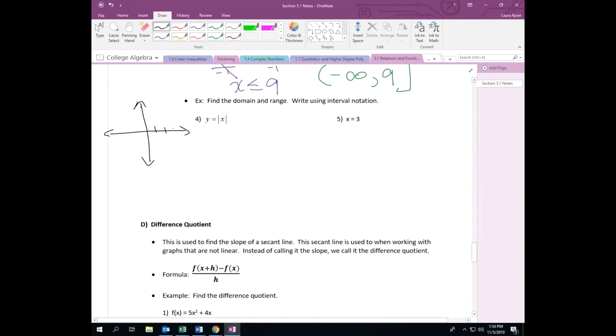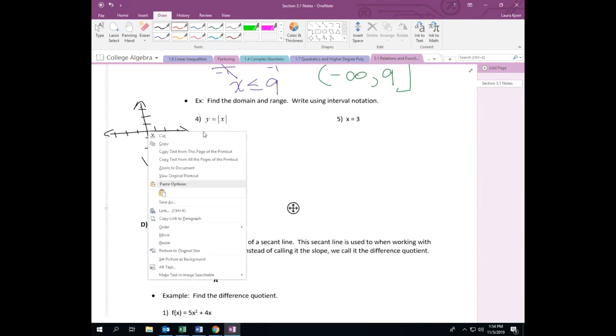Absolute value functions take each x, whether it's negative or positive, and output a positive value because that's what an absolute value does. If I plug in 0, obviously I get 0, but,